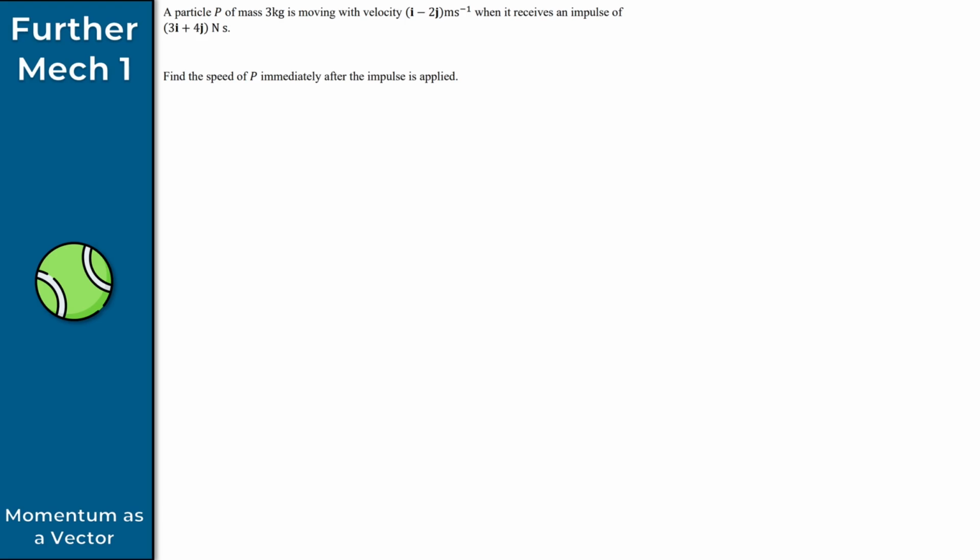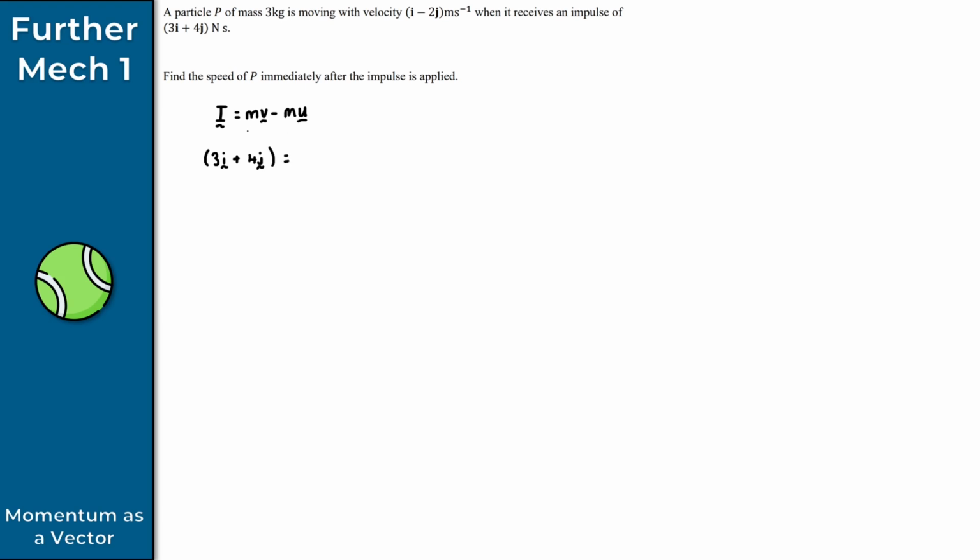So to get us started here, all we need to consider is the impulse momentum principle. The impulse momentum principle states that I is equal to mv minus mu. And in this case, I, v, and u will all be vectors. Now we know what I is. I is 3i plus 4j Newton seconds. So I've got 3i plus 4j